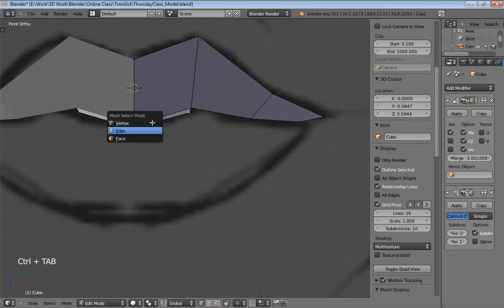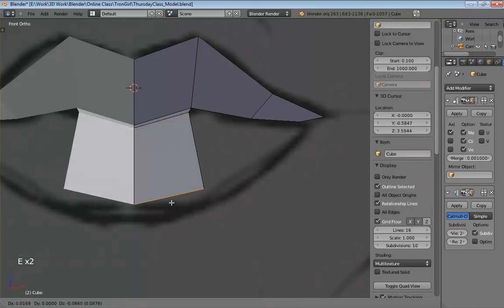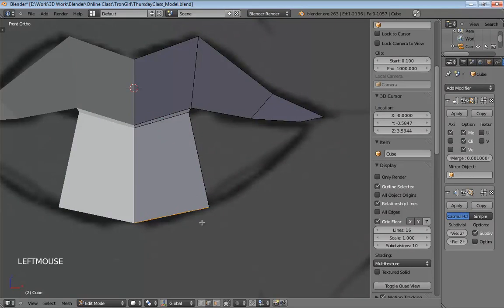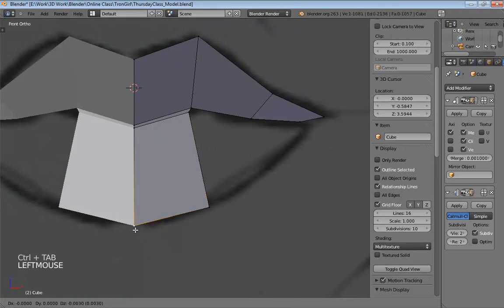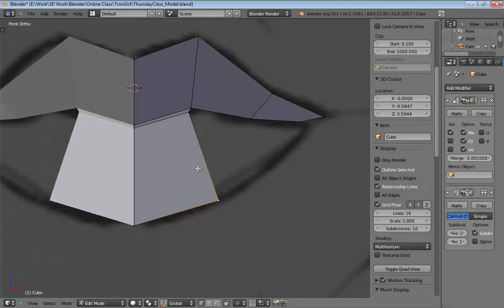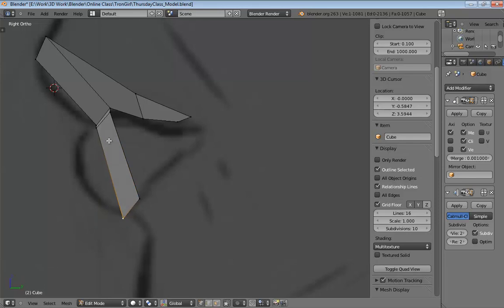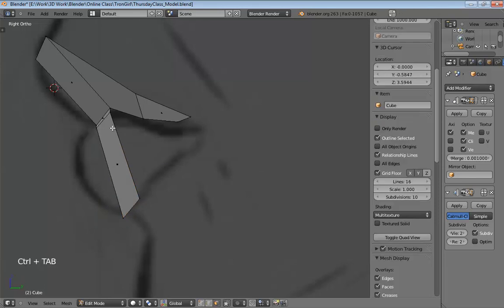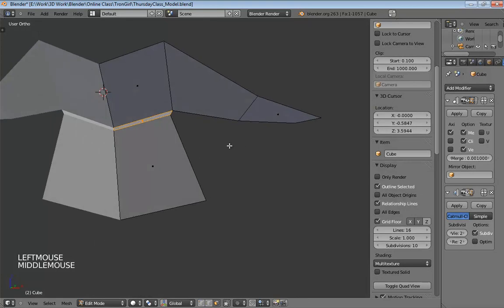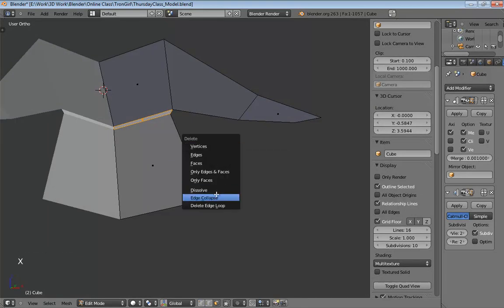Then watch this. We'll go back over to edges and I'll just extrude this out once and shape it. So maybe something kind of like that. Let's go over to the side view. And obviously these verts need to be kind of pulled back and adjusted slightly. And now I can grab this face that kind of is in the middle here, just hit X and delete